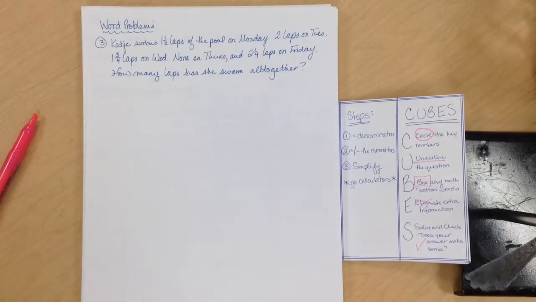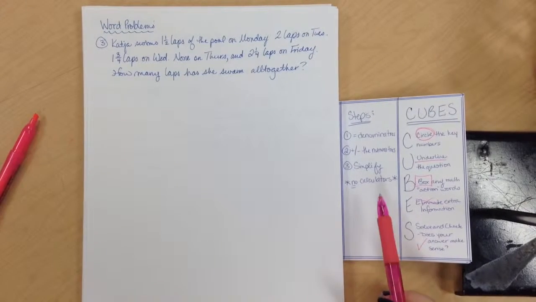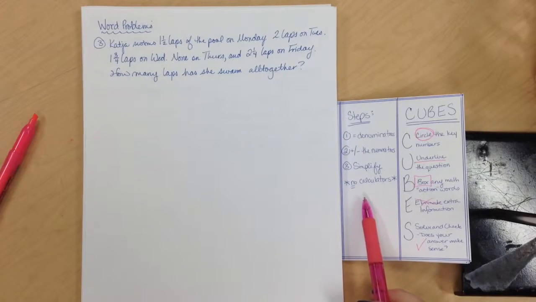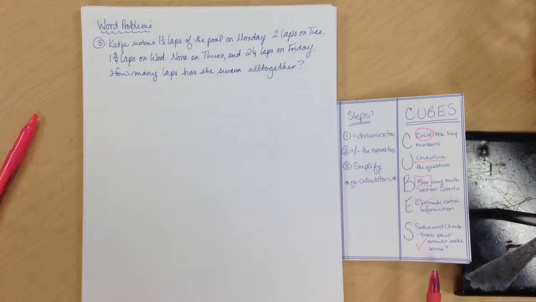Word problem number 3 using adding and subtracting fractions. Again, I have my steps for adding and subtracting fractions off to the side as a reminder, and my cube strategy off to the side as a reminder. So question 3. Katya swims 1.5 laps of the pool on Monday, 2 laps on Tuesday, 1 3/4 laps on